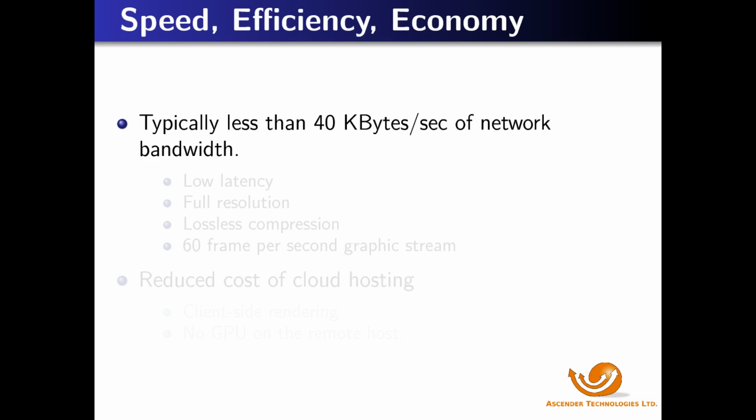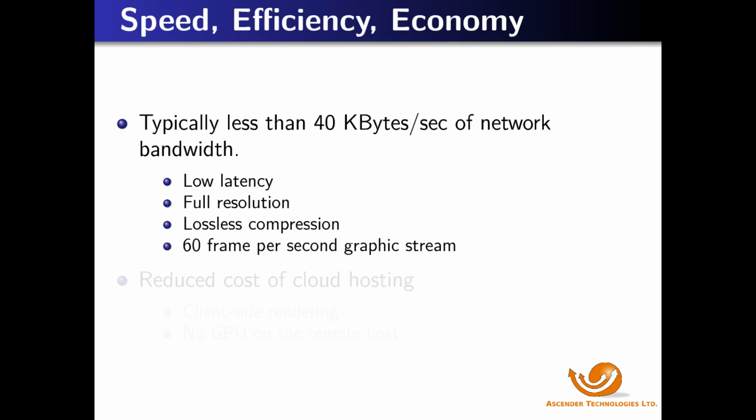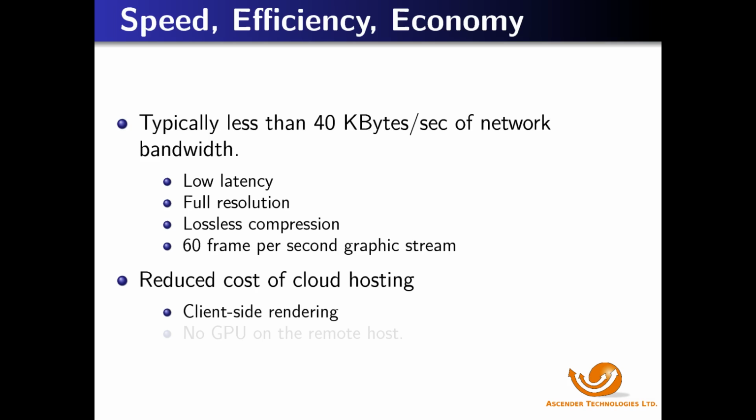Typically, less than 40 kilobytes per second of network bandwidth is used to provide low latency, full resolution, lossless compression with low computational complexity, and a 60 frames per second graphics stream, all independent of the display resolution. This means a 4K display will use network bandwidth like a 720 pixel resolution display. Since the pixels are rendered on the client and no GPU is needed on the remote server, a very cost-effective